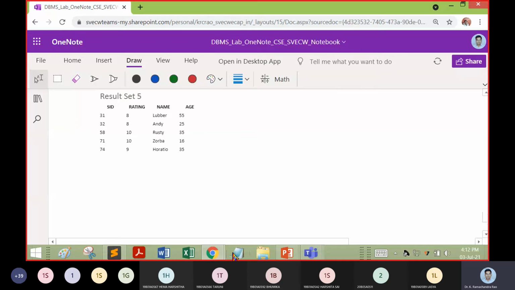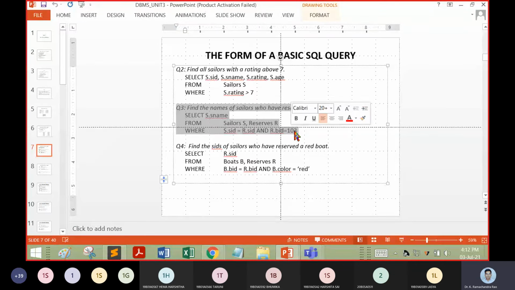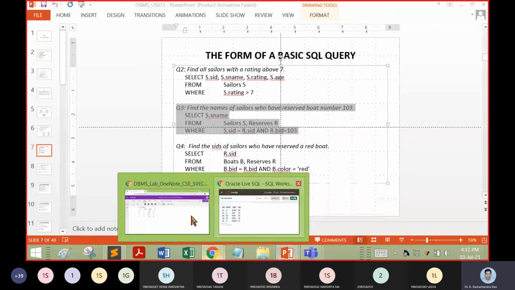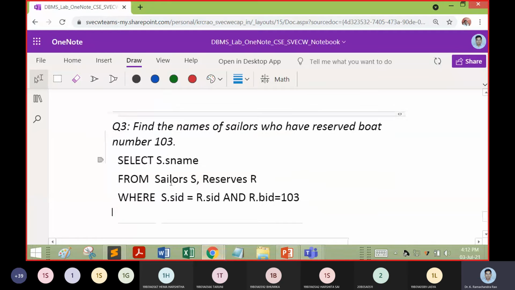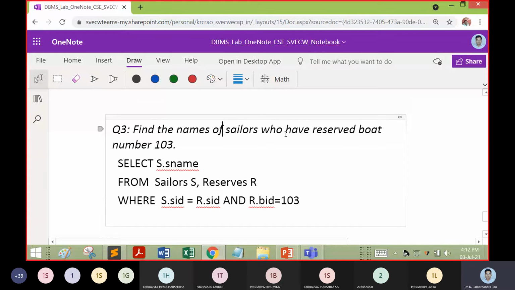Okay. Now let us work with the third query. What was the third query? Find the names of sailors who have reserved boat number 103.